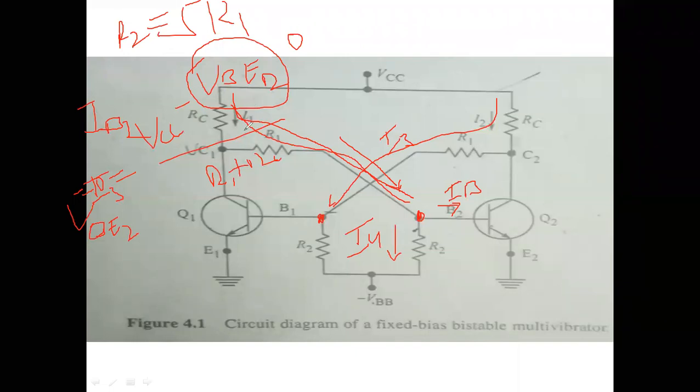You can consider this direction also, but if you solve in this direction, the difference between the currents may be in points. You may not get much difference. If you consider I3 in this direction, you may get a difference of 0.2 or 0.3 amperes, a little difference. It may not affect your answer much.